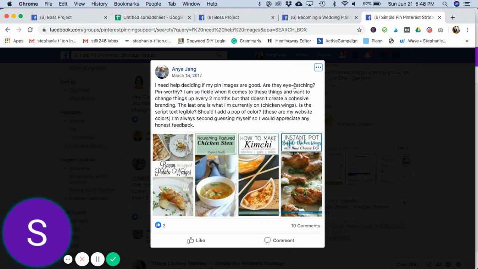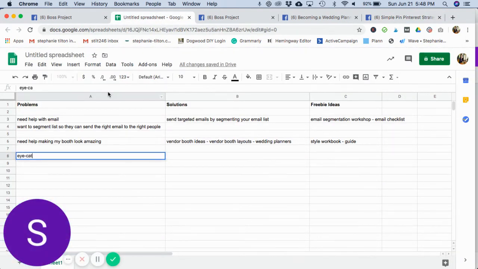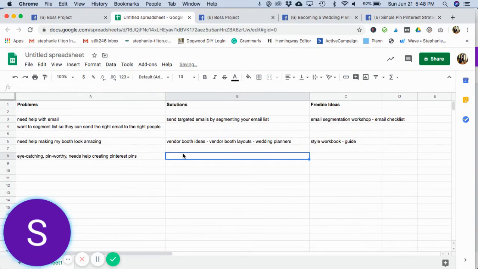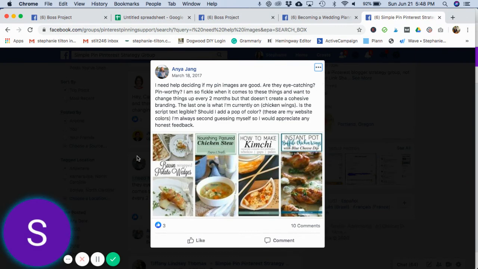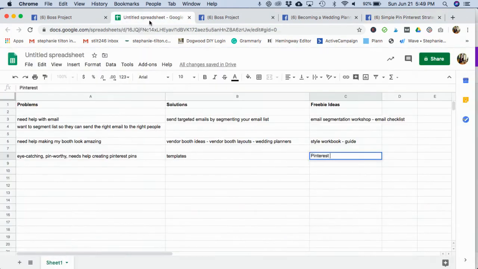So right here where she has said eye-catching and pin-worthy, I'm going to put that here. Eye-catching, whoops. Pin-worthy needs help creating Pinterest pins. So a solution to this would really be templates. This would be where you create your freebie, could be Pinterest templates. And since her business or her blog is on recipes, then you could actually go really specific here and say